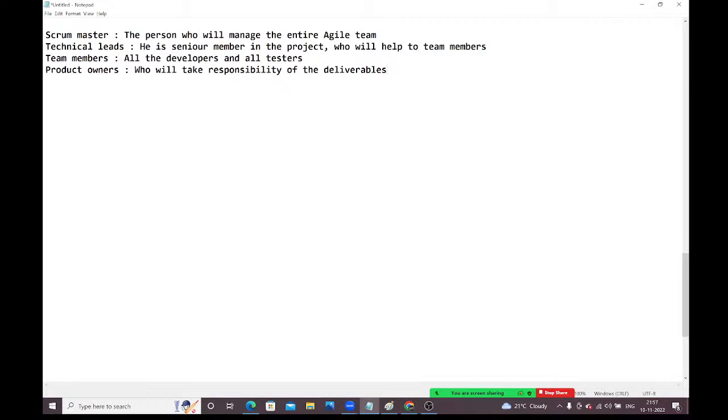Next, guys, how many people will be involved in the agile team? Total as per company standards, 7 up to 10 members, maximum 10 members, guys. If you add more, it is very difficult to handle that team. If you have more members, we need to divide into multiple agile teams. Understood, guys? Maximum is 10 only. Minimum is 6 to 7 we will take. So if you have more members, create a separate agile team. You can maintain multiple agile teams also, but each team maximum 10, minimum 6 to 7.